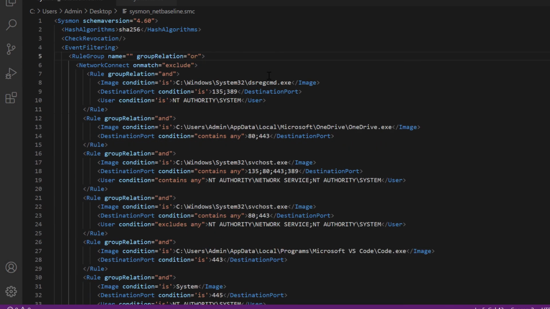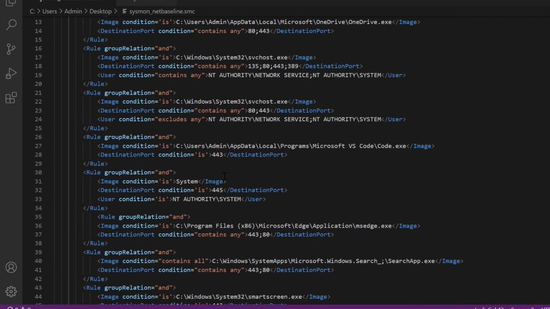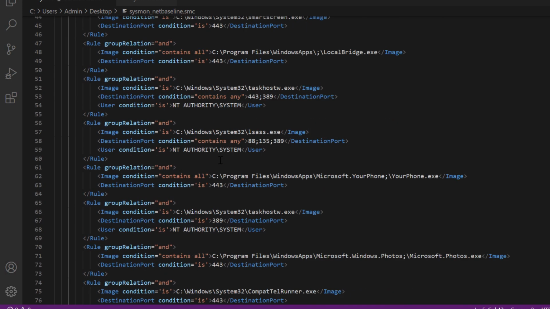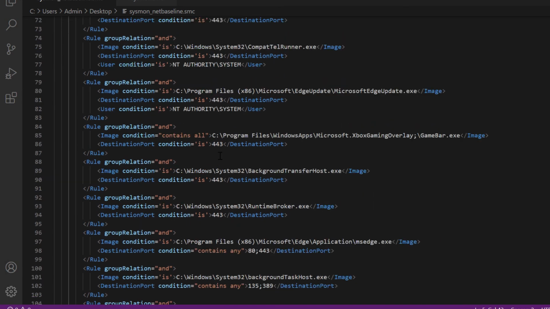So typically what I'm doing is I'm just excluding the ones that you see here. And I create this exclude. And then typically what I would do is I would create an include for the rest of the events. Remember, includes run first, then excludes run later, and filter out all of that traffic. So again, just to reiterate, my recommendation is capture for those known ports, exclude your known traffic, and you should